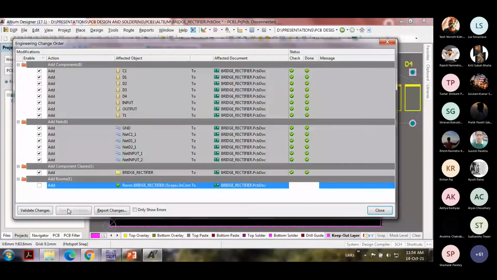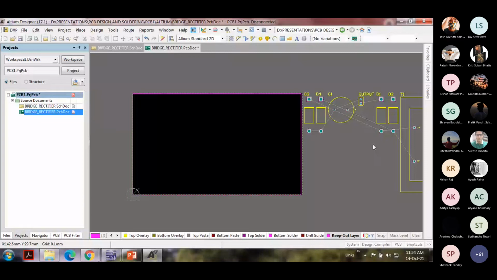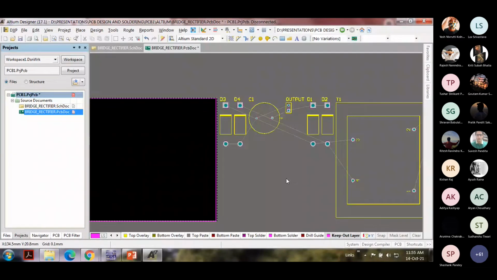Click on Execute Changes and you'll see that it's all done. Close this, and now you'll see that all the components are there on your PCB sheet. Now it is placed randomly, sort of. So I will have to place it properly.